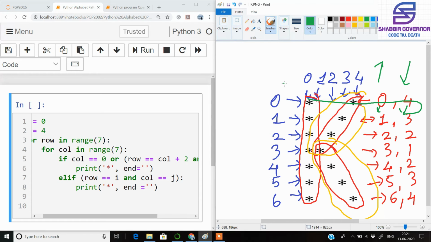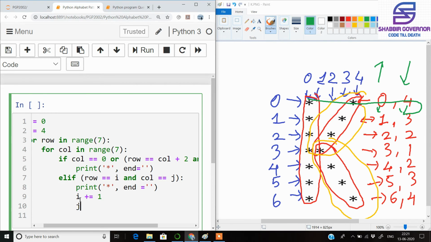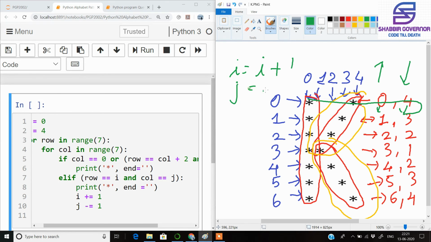So we write the condition for this part as i plus equal to 1 and j minus equal to 1. This is nothing but i is equal to i plus 1 and j is equal to j minus 1.